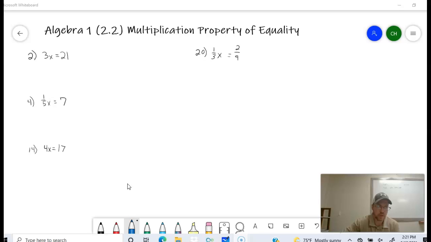On page 53, I'm looking at number 2. We have 3x equals 21. Basically, just like the previous lesson when we were doing linear equations, I want to isolate the variables. So our number one goal is to isolate the variable. When we see these that say solve each equation, that's what it means. All right. So on 3x equals 21,